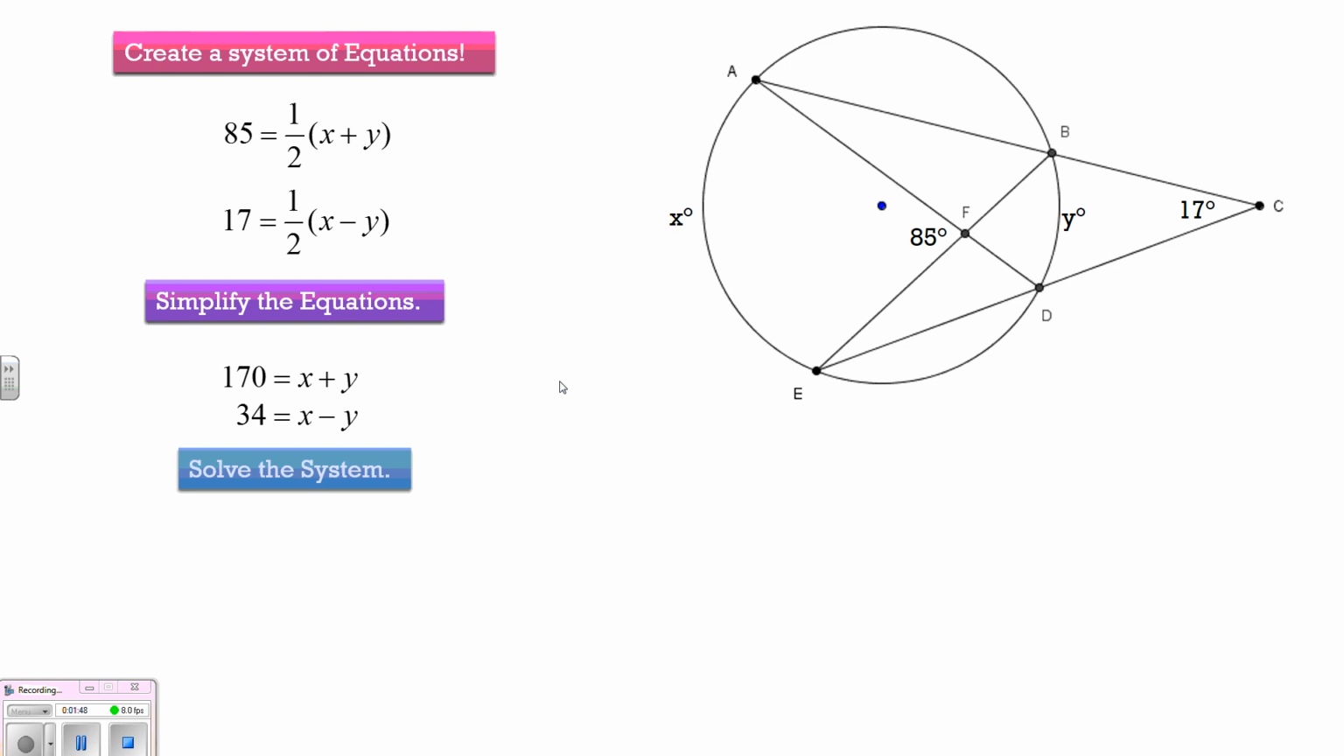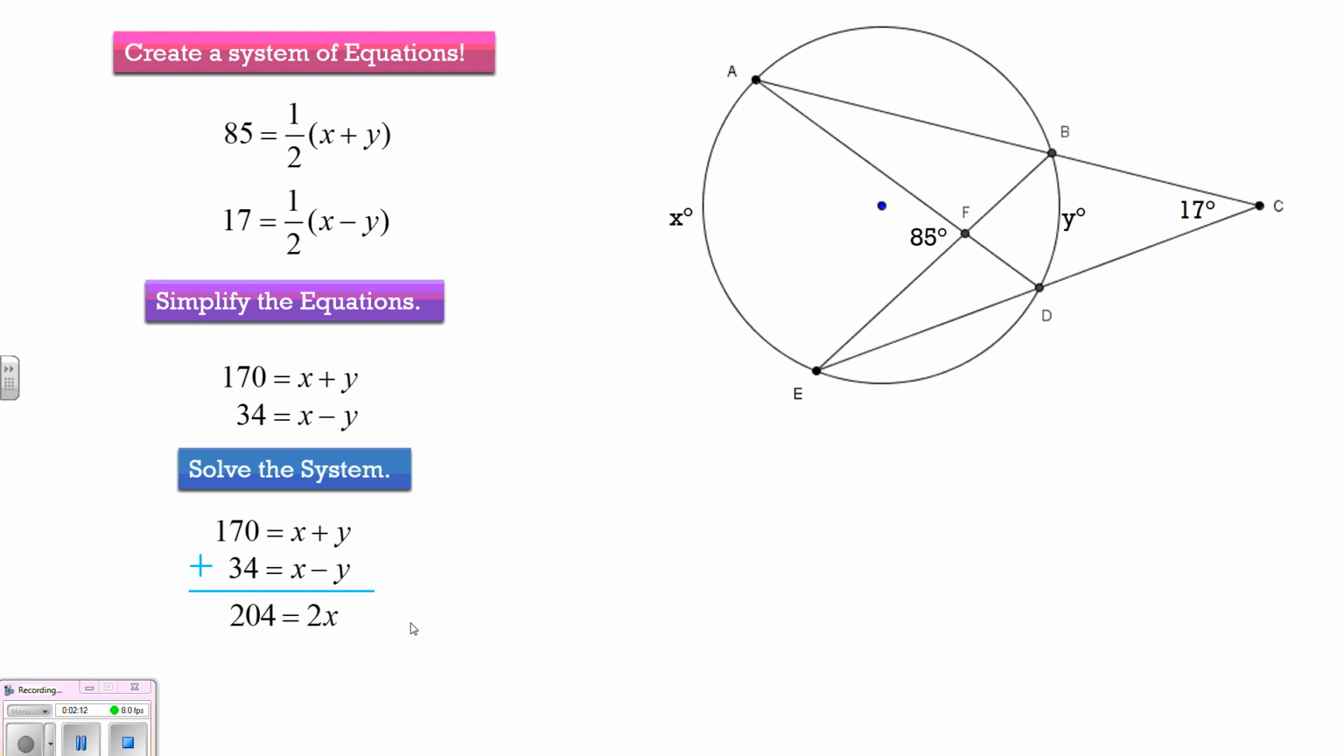So now I'm ready to solve the system, and you can decide if you want to use the elimination method or if you prefer substitution. I personally like the elimination method in this case because it's set up very nicely to just add the equations together and then the y's drop out. So I'm going to add, and this is what I would get,